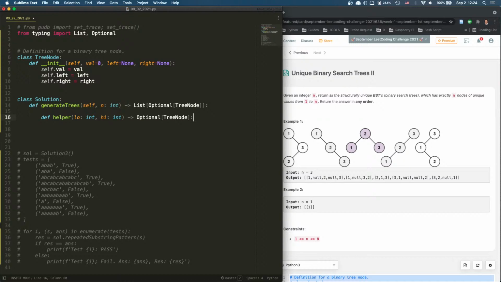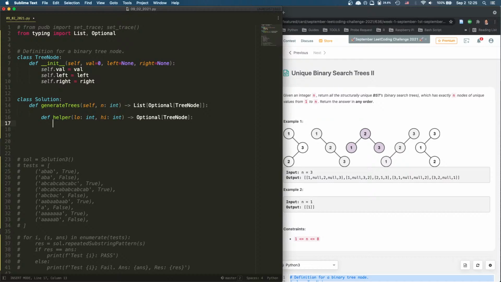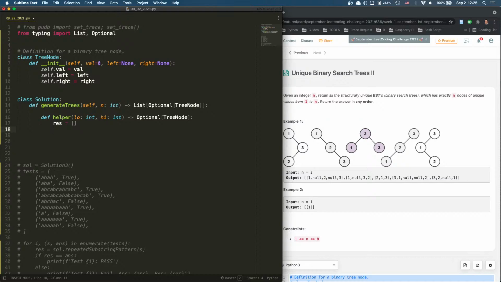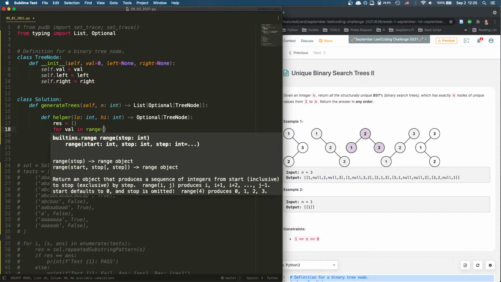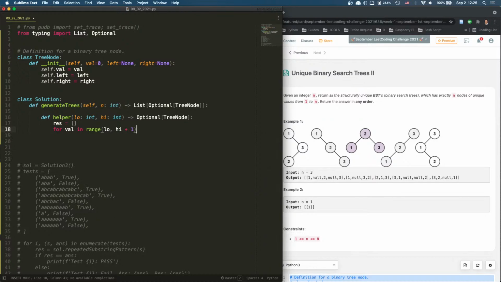So what we want to do is set a low and a high and return all the subtrees that can be made from this, and they will have a single root. So we're going to start from the low and then go towards the high. So res equals this, and for val in range low to high,